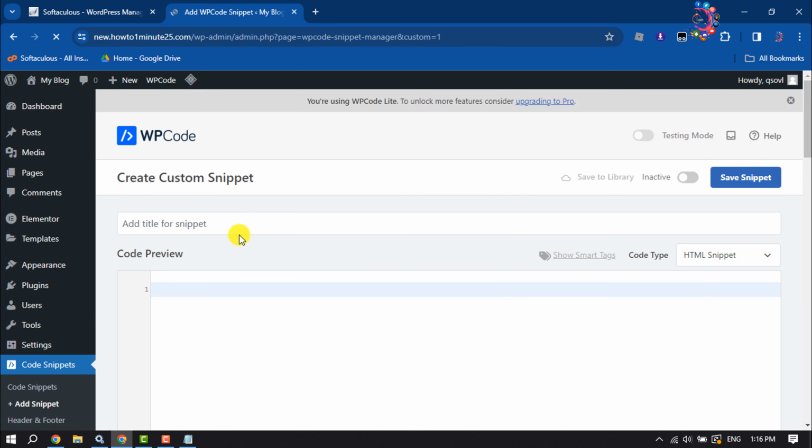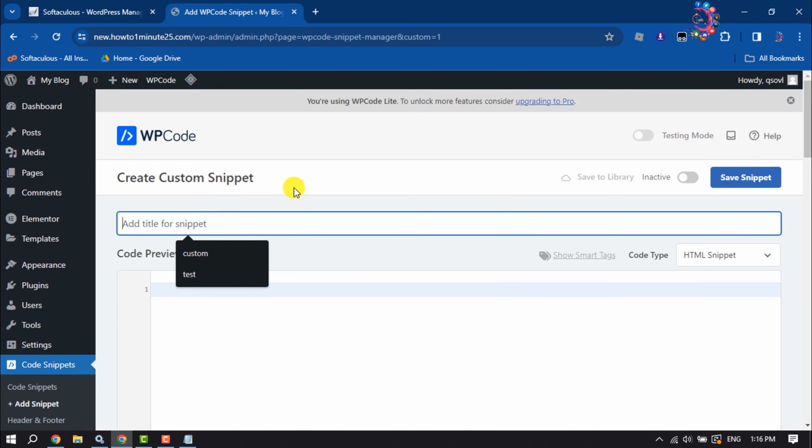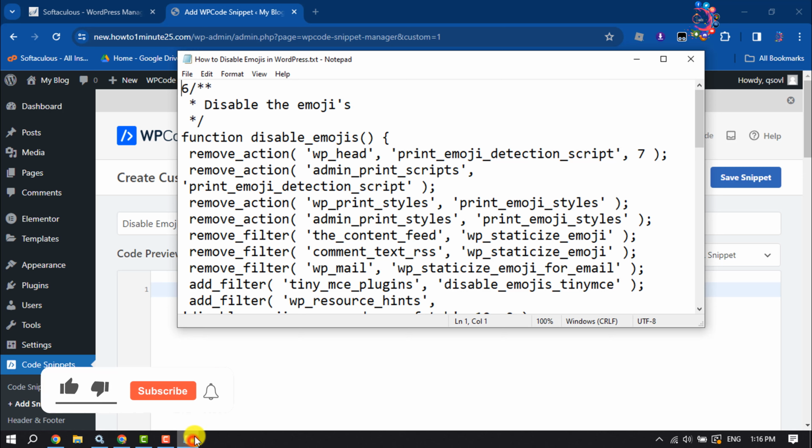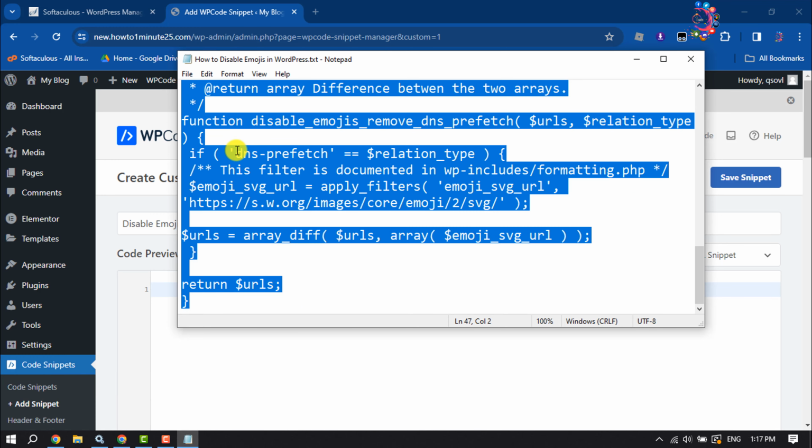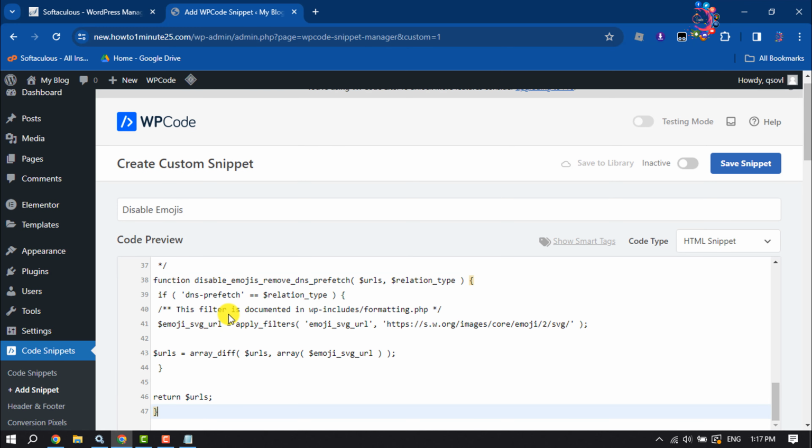And now add a title for the snippet. In the video description below, you will get this code. All you have to do is copy and paste this code here, and click on the Code Type drop down and